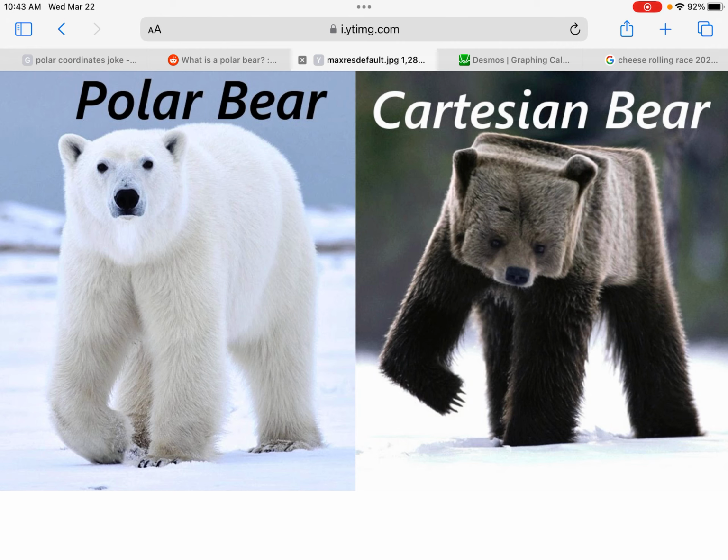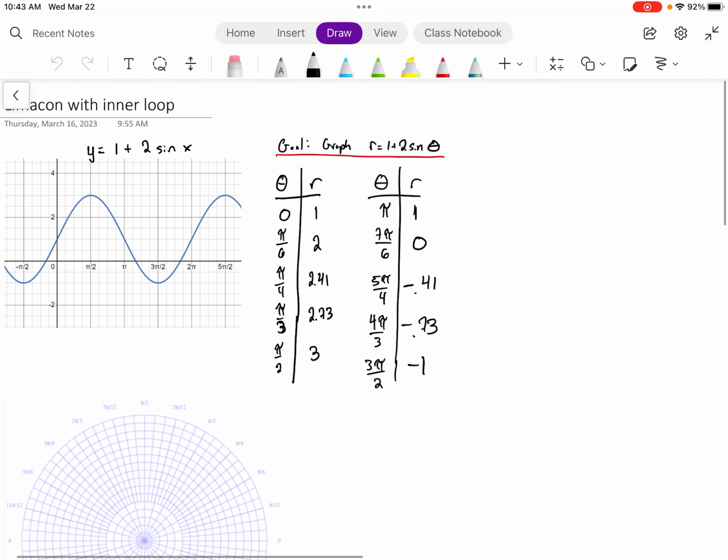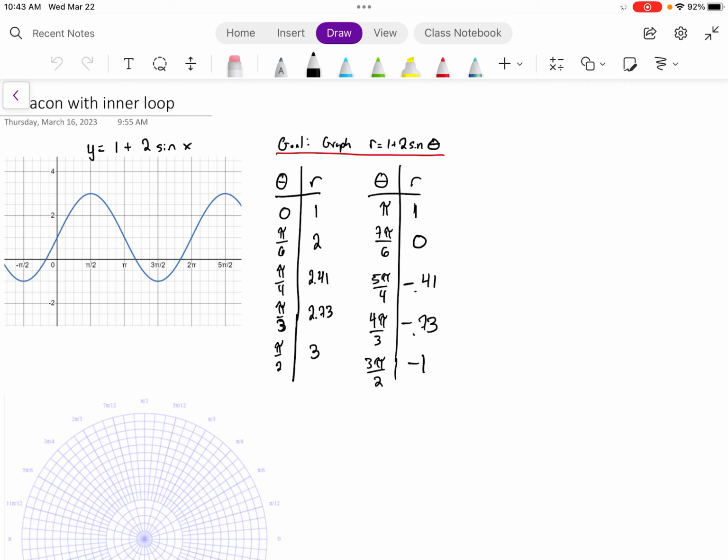So anyway, I'm going to talk briefly about limaçons with an inner loop. Miss Yam, in her previous video, covered limaçons with a dimple, and now we're going to cover limaçons with an inner loop. And I think the key to think about here is that if we think about